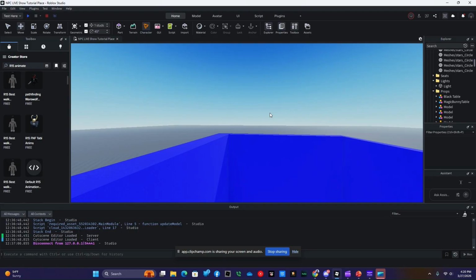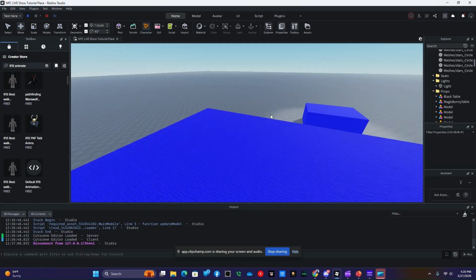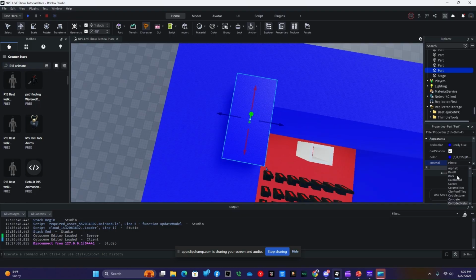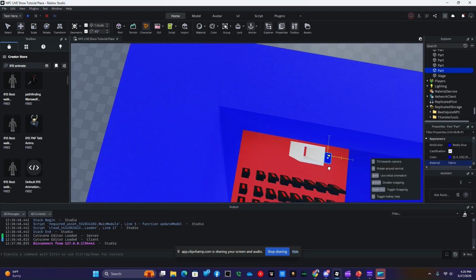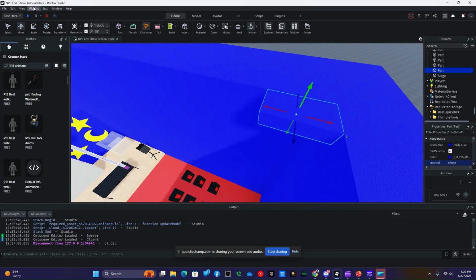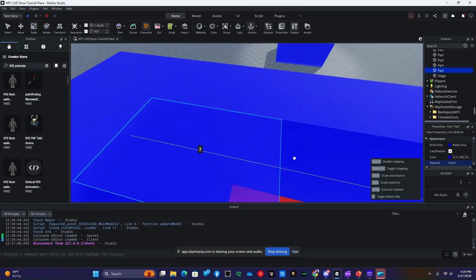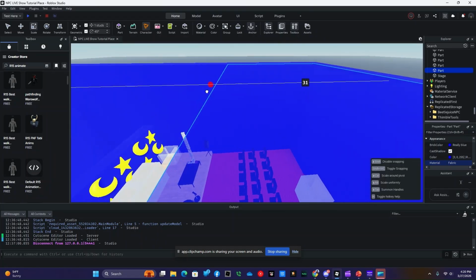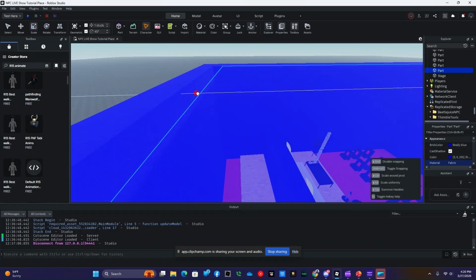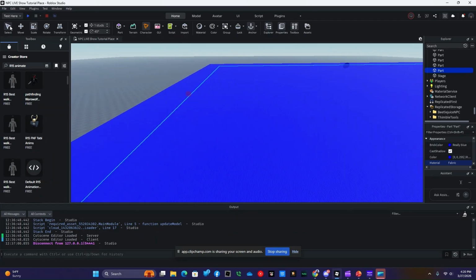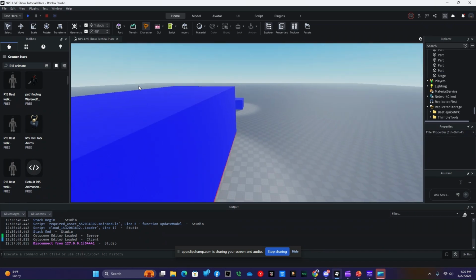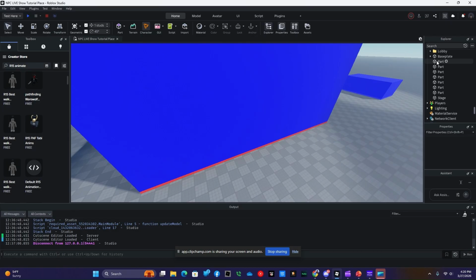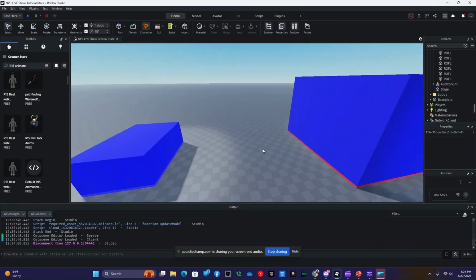And then we're going to add the roof. I'm going to scale it. And then I believe this wraps up the